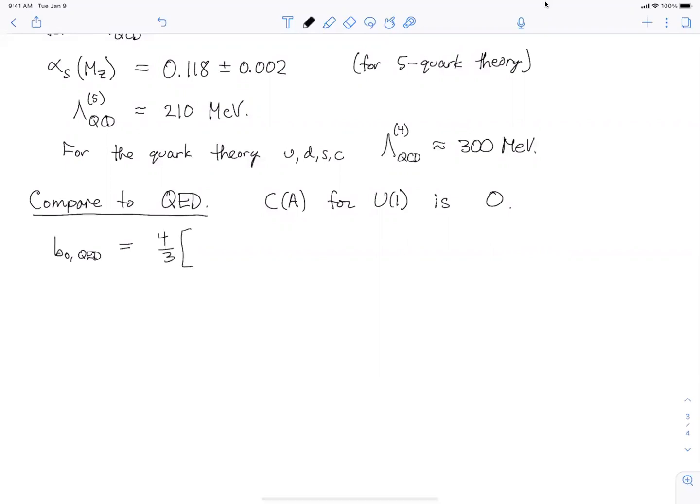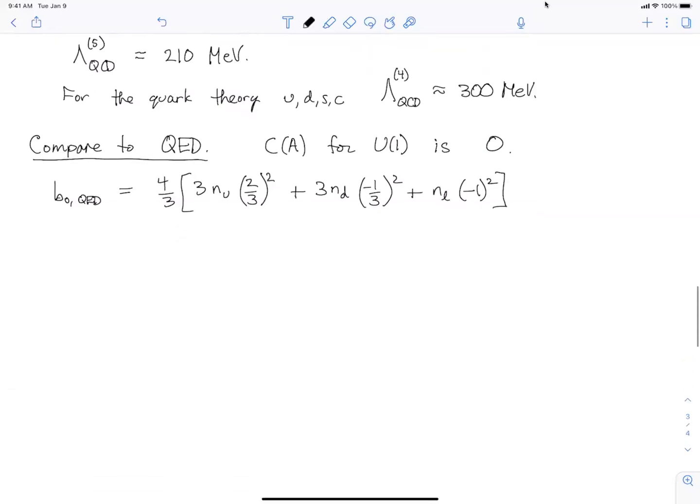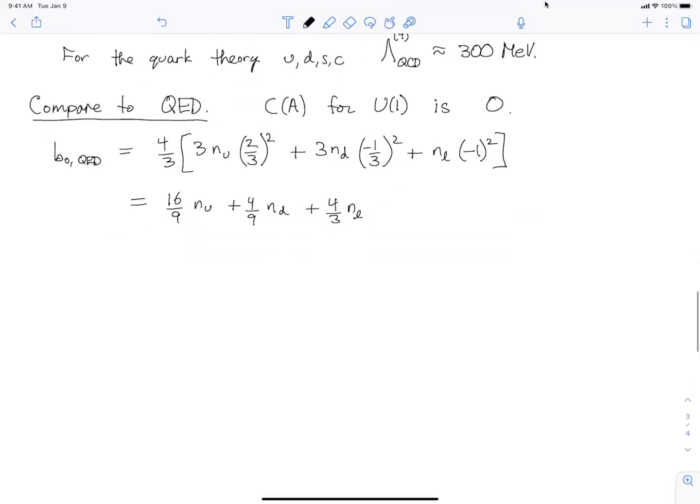And the positive numbers are 3, which is the number of colors, times the number of up-type quarks that have charge 2/3 times 2/3 squared, plus 3, that's the number of colors times the number of down-type quarks, times minus 1/3 squared, plus the number of charged leptons times their charge, which is minus 1 squared. Okay, and this is just working out the algebra, 16/9 NU plus 4/9 ND plus 4/3 NL, where NU equals